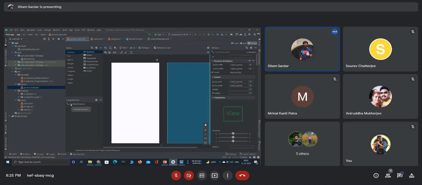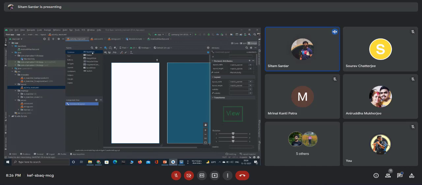So this container has width as match parent and height as match parent. If I click on that container, its width is match parent, height is match parent. It means there is an invisible container whose width is matching the parent totally. Height is also matching the parent, what I have discussed. This is called a component tree and it is our parent layout, right?